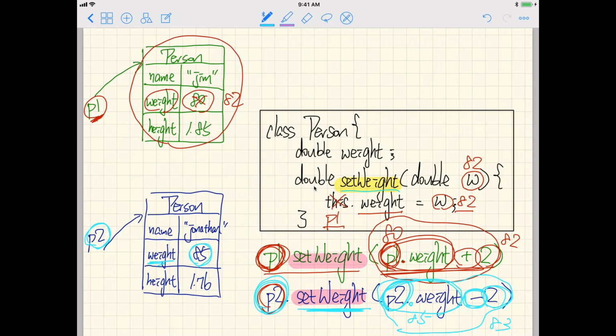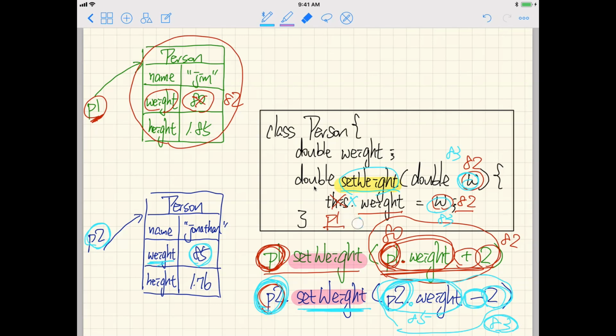That means we're going to call this setWeight method for the second time. Now, 83 is going to instantiate every occurrence of W. So now W is going to be instantiated for the second time into 83. And then every occurrence of this over here is going to be P2. So this will be instantiated by this. And then W here is also instantiated to be 83. So what it will end up being is this